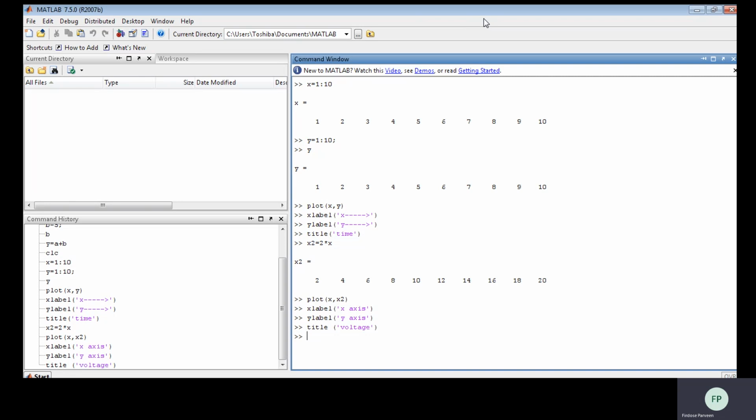Now let me divide this graph in two columns. Let me show you. Here I'll be writing subplot, dividing in one row, two columns, and I'll give the position as 1.